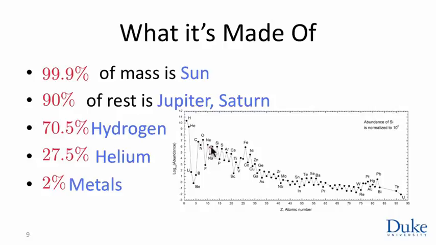Astronomers tend to call anything that is heavier than lithium, so anything past the first 3 or 4 elements, metals. Carbon is not a metal in the chemical sense of the word, but in astronomy, heavier elements are all called metals. So we say that the mass of the solar system and the mass of the universe essentially has 2% metals. But mostly, it's a world of hydrogen and helium. That's our quick survey. This raises many questions.